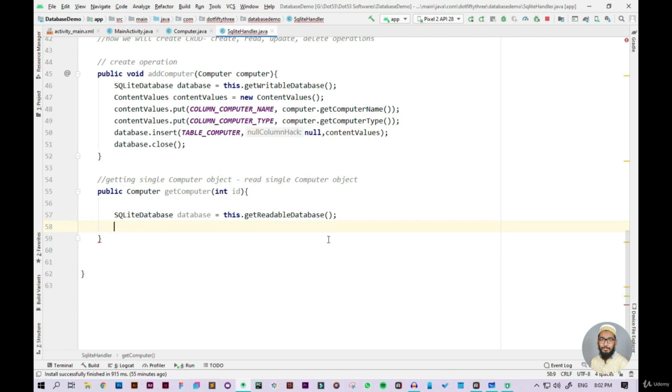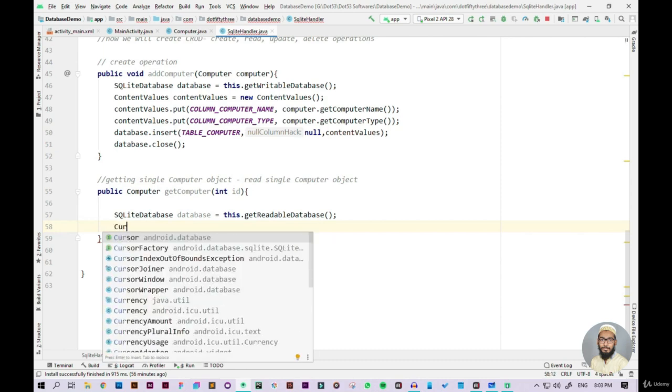Basically, cursor is an interface that provides random read and write access to the result set returned by a database query. By using this cursor interface, we can query data from the database. So let's say cursor,